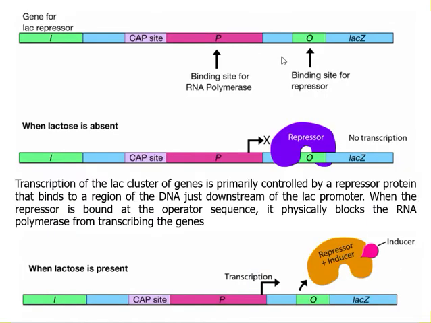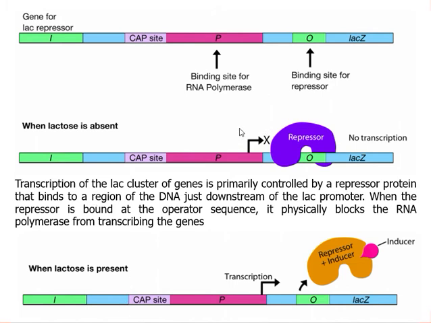Now, I will take you to the example of a repressor protein which is met with in prokaryotic cells. Here you can see a gene in prokaryotes which is called a lac operon. This is the structural gene part or the cistronic region, this is the promoter, the operator, and this promoter is the binding site for the RNA polymerase enzyme. But the transcription of this cluster of genes is controlled by a protein which is called a repressor.